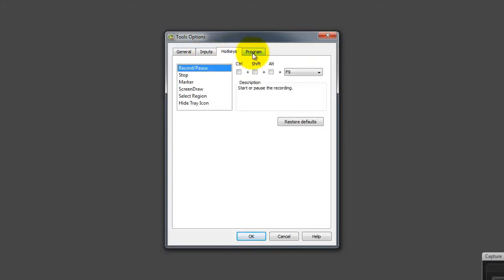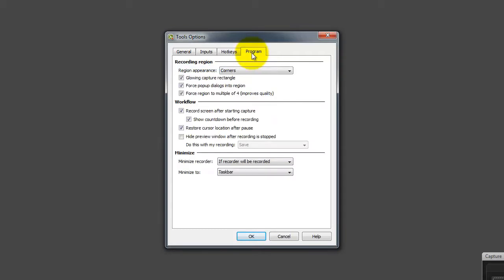And here you can change the hotkeys. This you will get over time. Again, I don't use them that much. And here are the Camtasia default settings as well. So I just leave this as it is. Okay. Now next we're going to go to the